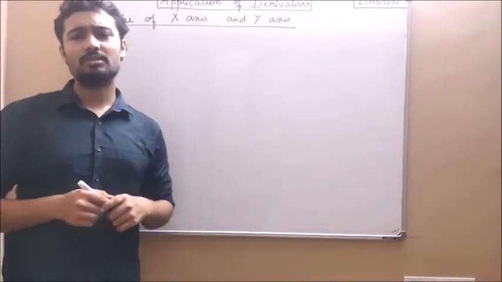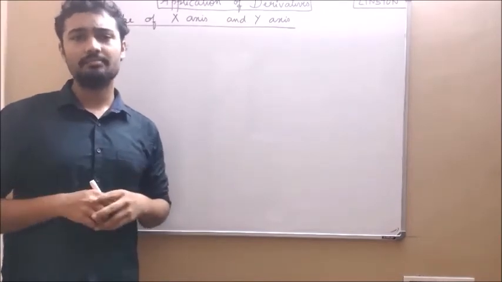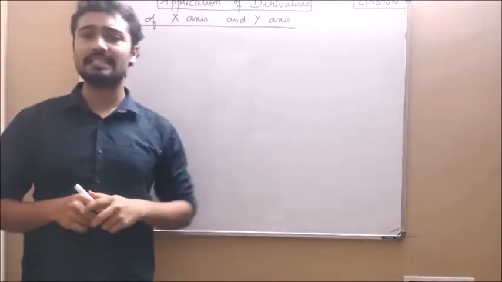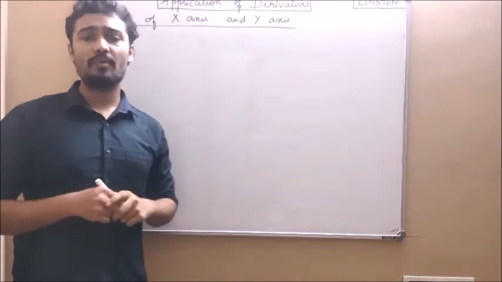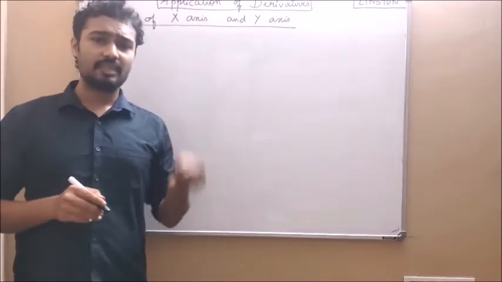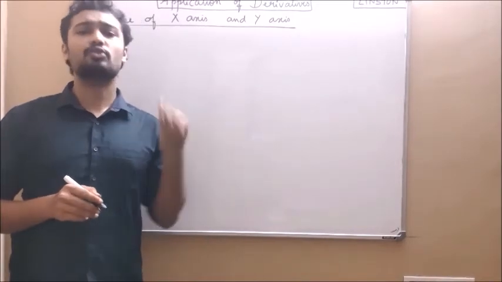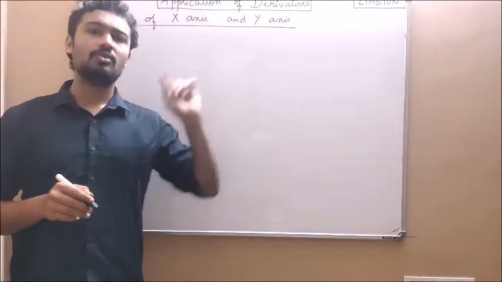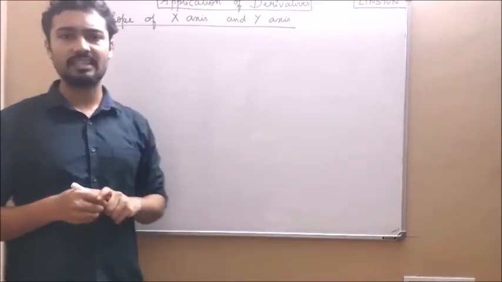Next we talk about some critical information which is required. First, let us talk about the slope of the x-axis and y-axis. What is the slope of the x-axis and what is the slope of the y-axis? You know, the derivative f dash of x, dy by dx and slope, they are all the same. So first we need to find the slope of the x-axis.